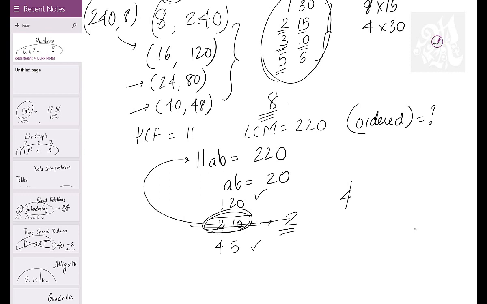Are we clear? We will not include 2 and 10 because 2 and 10 have a further common factor. What is the common thing in there? 2. Okay? That's why I gave this question specifically. Got an idea of HCF and LCM completely? Yeah, that's it precisely about HCF and LCM.